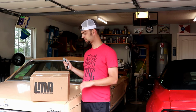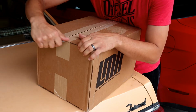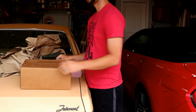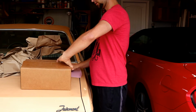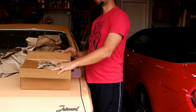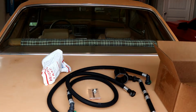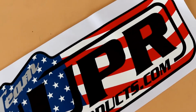So anyway, over time I will be doing some mods to the car, but let's get to the unboxing. As you can probably see, we went to Late Model Restoration for this mod, and without further ado, alright, so a box in a box. So what we have here is a catch can by UPR, and it is a 2-valve catch can,